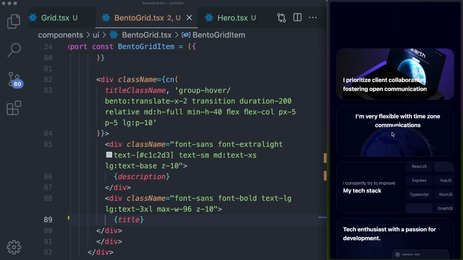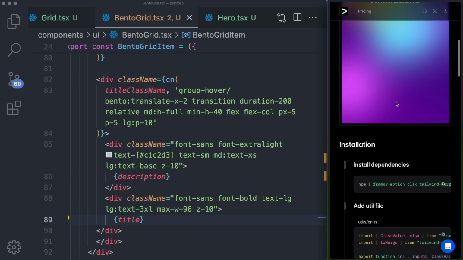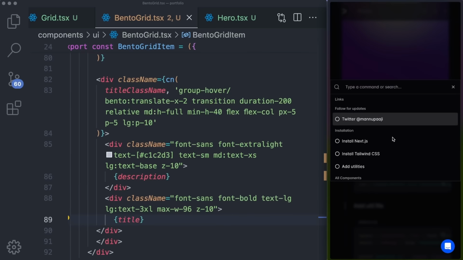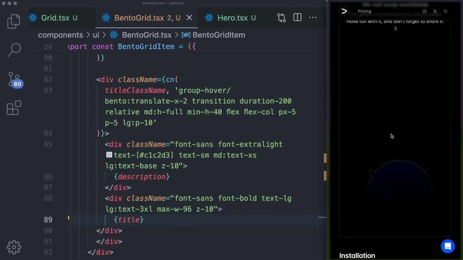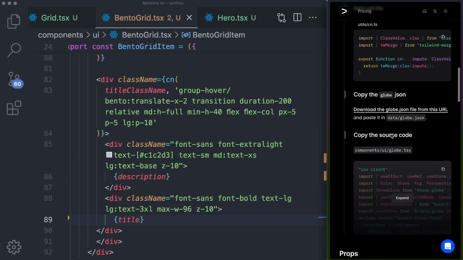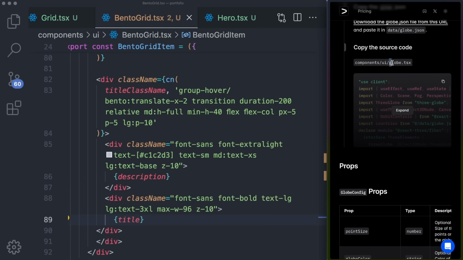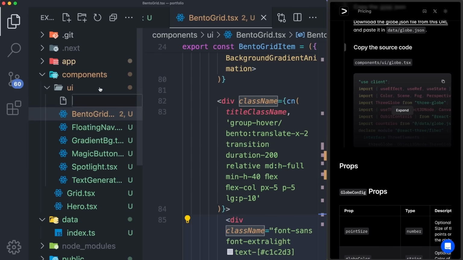You can actually hover over it, select it, and move it around. Believe it or not, this will be another Eternity UI component. So simply search for GitHub Globe. You can see it right here. And let's scroll down to the source code. This one, globe.tsx. Copy it and create a new UI component called grid